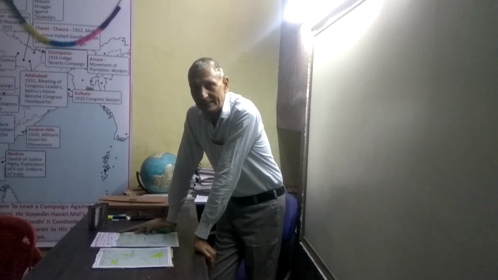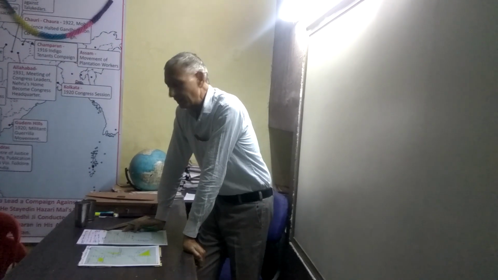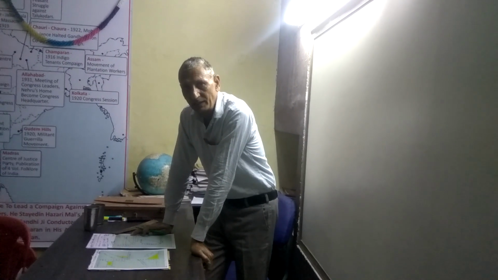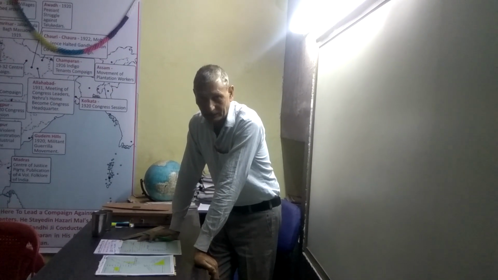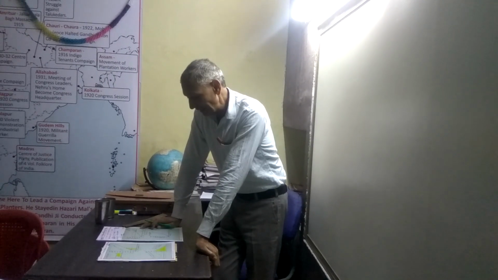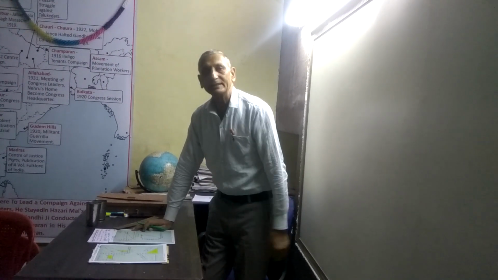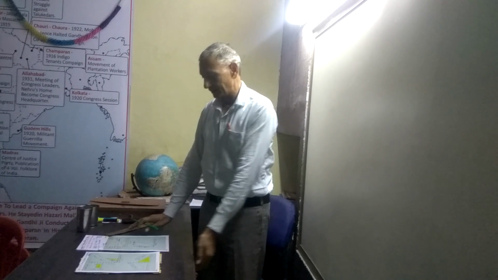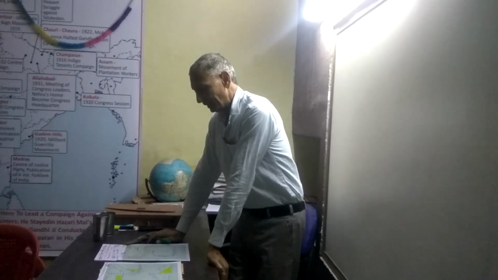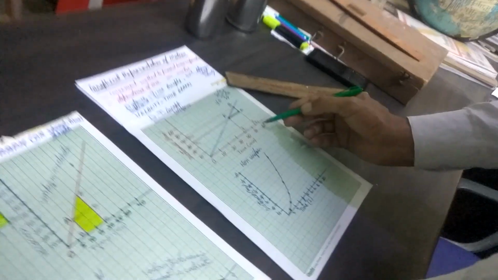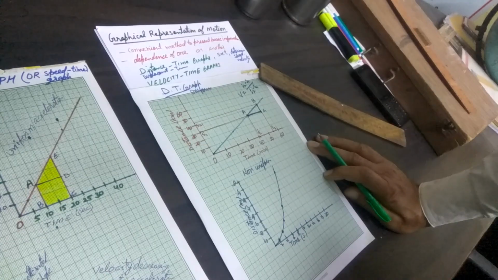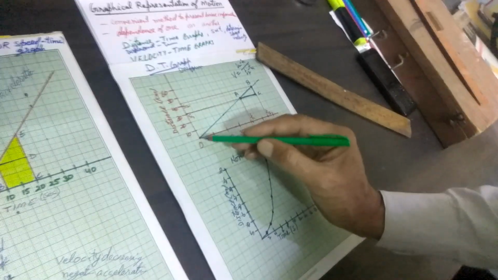So we discussed that the graphical representation of motion is a convenient way of representing two quantities on a graph paper. We always find it easy. We have already discussed that the dt graph has distance and time. On the x-axis it has got time, on the y-axis we show either distance or displacement, and then this line